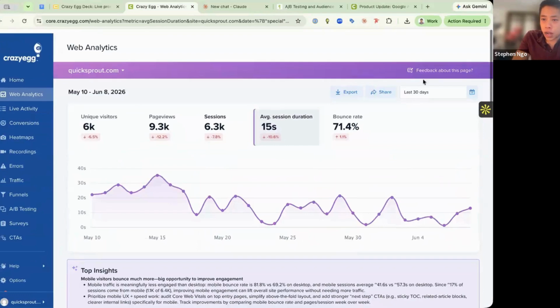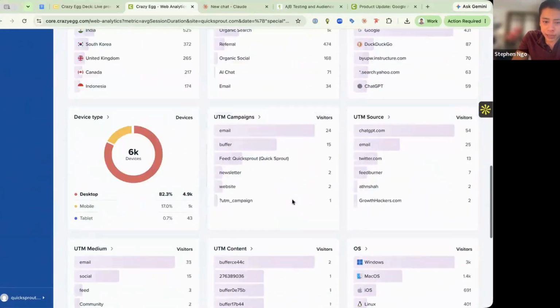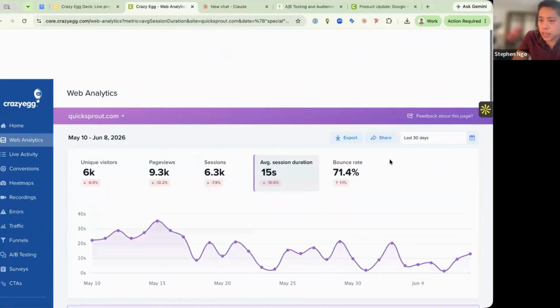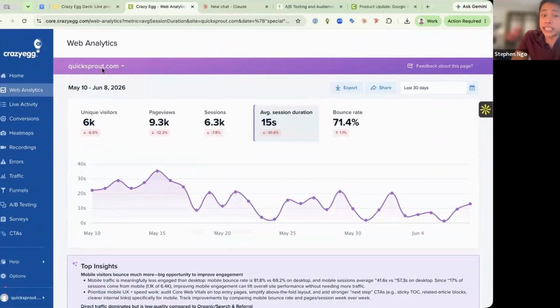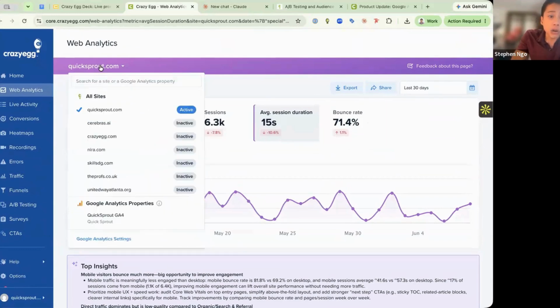But lastly, one thing to note as well is, again, this is intended to make GA4 even easier to look at. So not only can you add as many sites to look at Web Analytics here as well, but you can also connect multiple GA4 properties, Google Analytics properties, into this Web Analytics dashboard as well. And this is not going to count against your tracked page views allotment if you're on a paid plan,